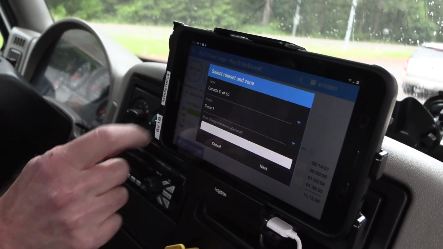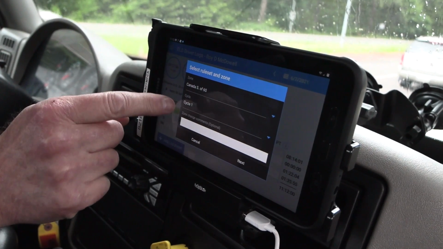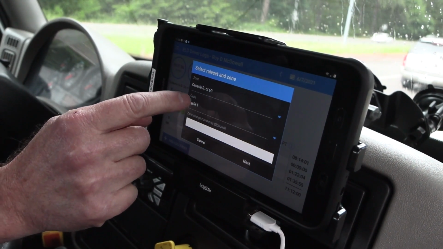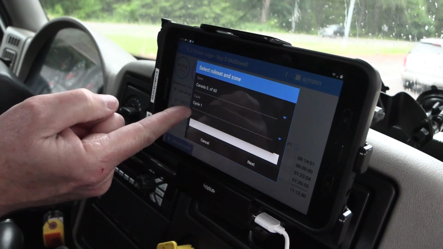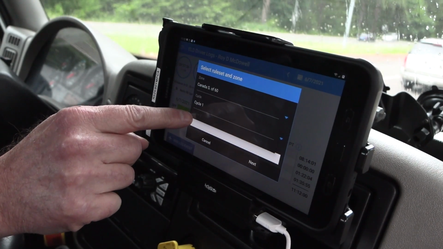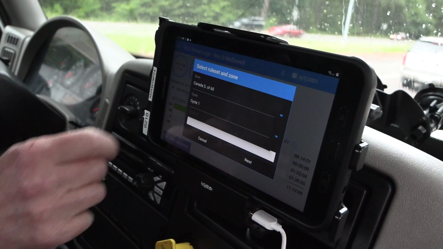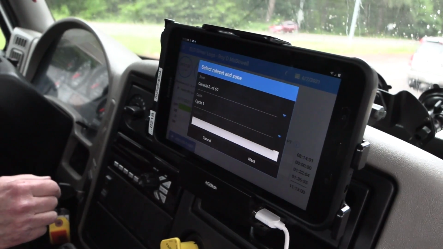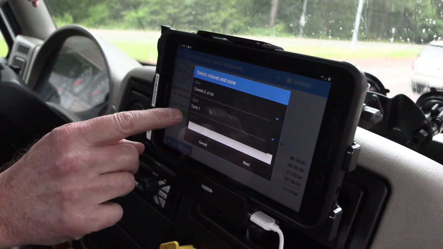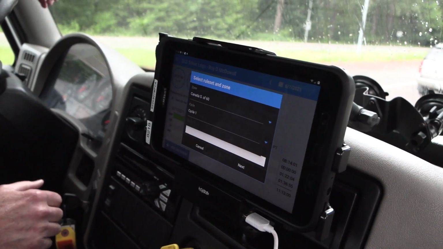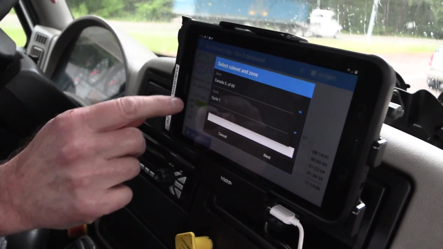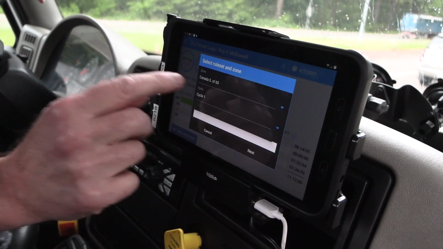So I'm going to select that, and now I'm presented with the choice of cycles. Now I'm a cycle 1, so I'm going to choose that, but if your company has set you up with both cycle 1 and cycle 2, slightly different hours of service rules, that is a whole different set of videos to cover, because Canada hours of service is a bit different. So anyway, we're going to stick with cycle 1. It's very similar to Property 70,